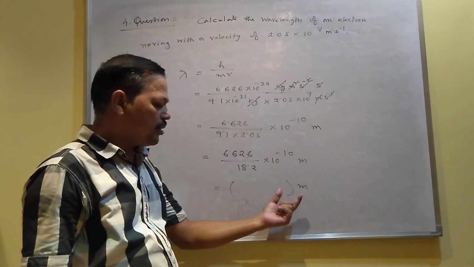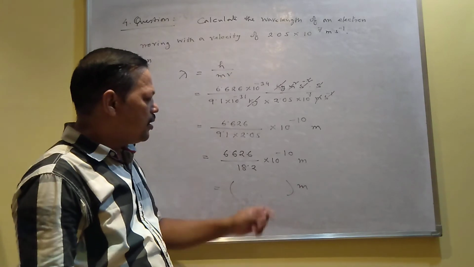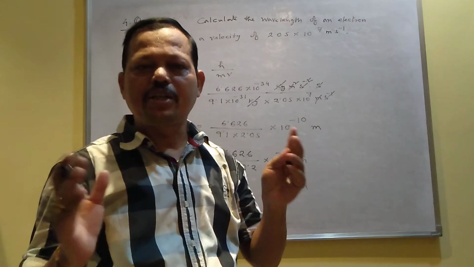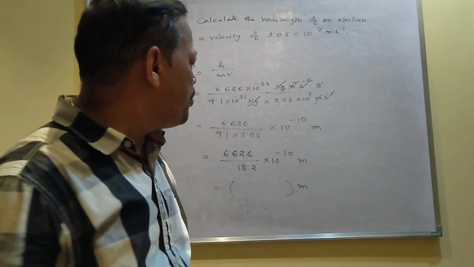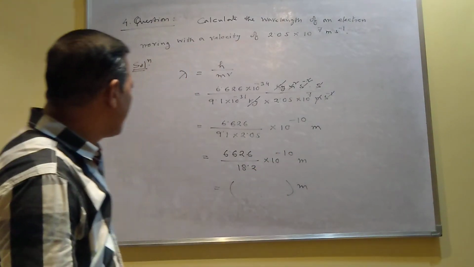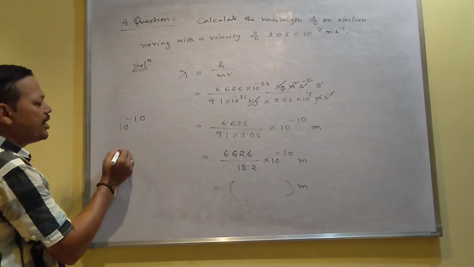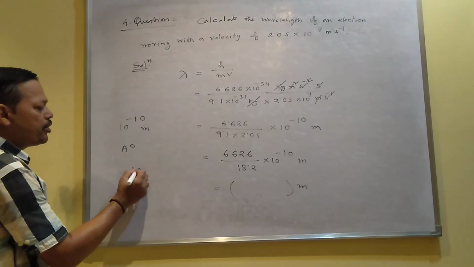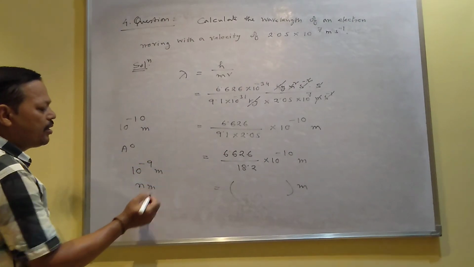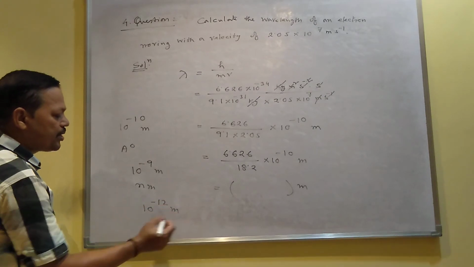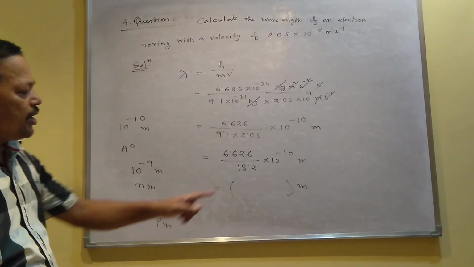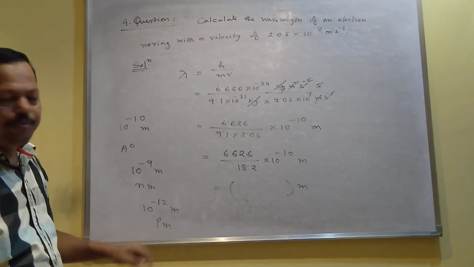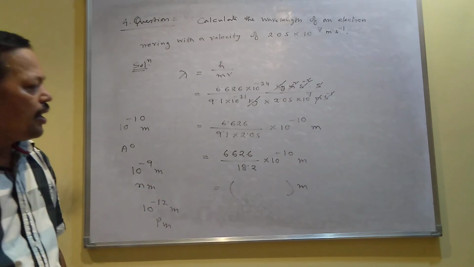After getting it in meter, try to convert it into nanometer or picometer. Since wavelengths are very small, when you express the wavelength you have to express it either in nanometer or in picometer. If it remains 10 to the power minus 10 meter, you can write Angstrom; 10 to the power minus 9 meter means nanometer; and if it goes to 10 to the power minus 12 meter, then you can write picometer. Depending on this, you can convert the wavelength unit into Angstrom, nanometer or picometer, and express the answer like this. Thank you.